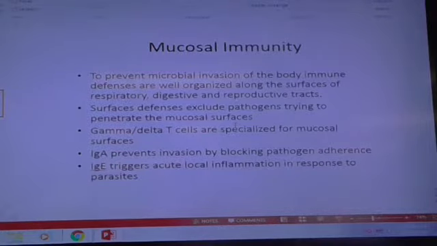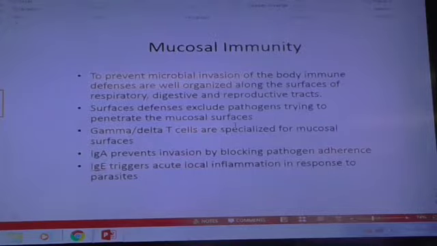Remember, gamma delta T cells are mostly protecting the mucosal surfaces, whereas alpha beta are mostly in the blood, in the systemic immune responses. If you test the blood, there are more alpha beta type cells,